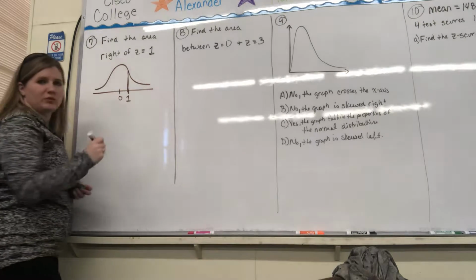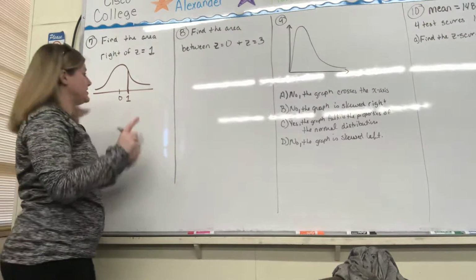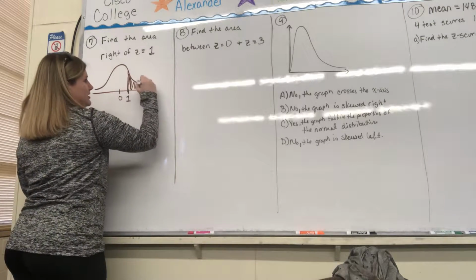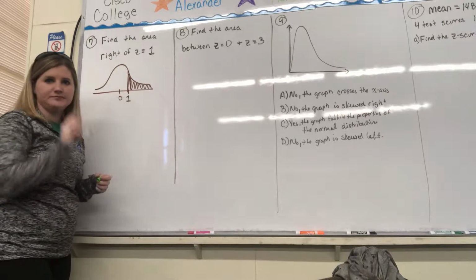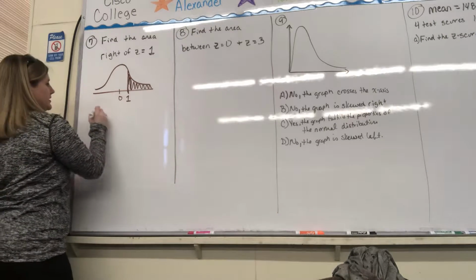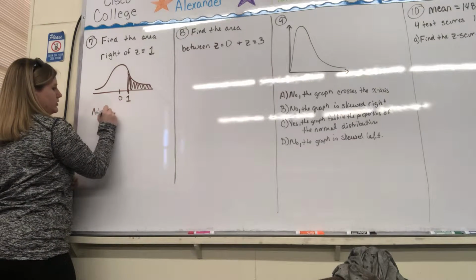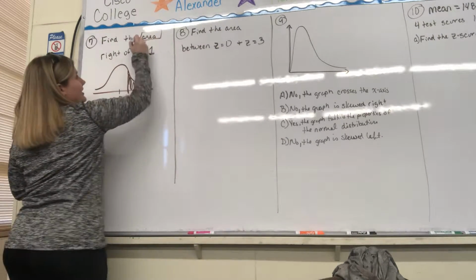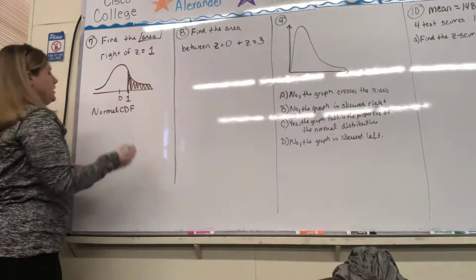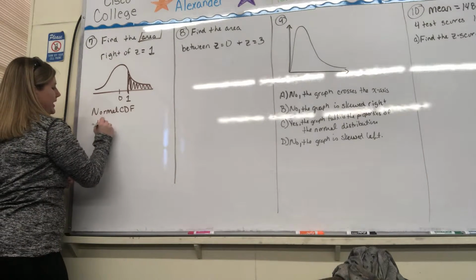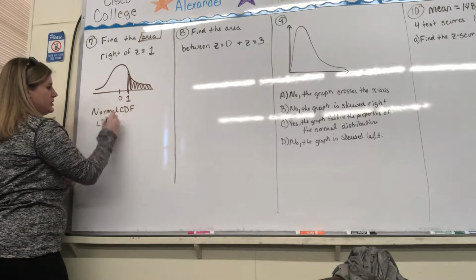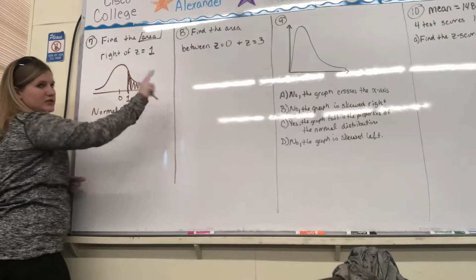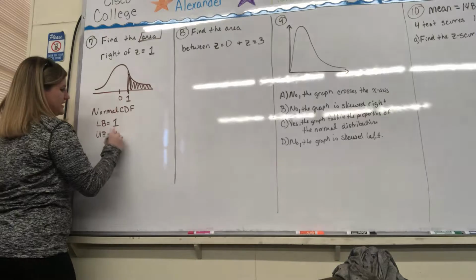okay? But now we want to find the area to the right of this number. So that means we're shading to the right. So now, we know we're going to do our normal CDF because again, we are finding the area. Okay, so our lower bound, that's our smallest number, is 1. And so this time our upper bound, since we keep on going to the right, remember that is